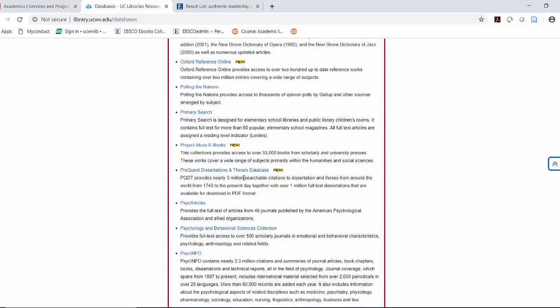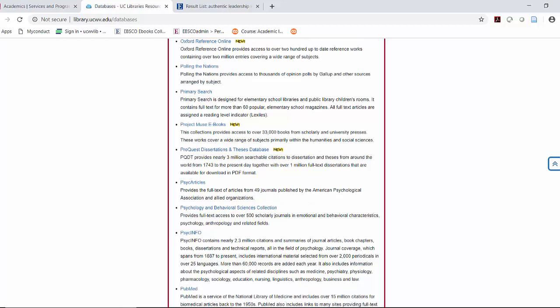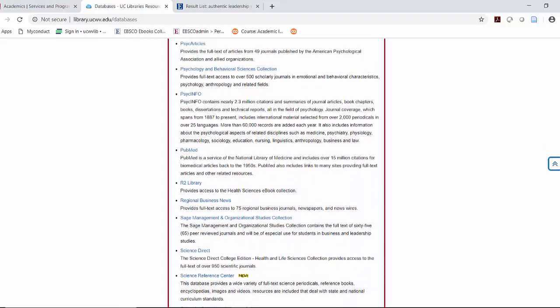The ProQuest Dissertations and Theses database has a large number of dissertations, extensive papers a couple hundred pages long on particular leadership topics. The other thing we have is the SAGE Management and Organizational Studies collection. ProQuest and SAGE are the predominant databases that you will use in this program, but try to think